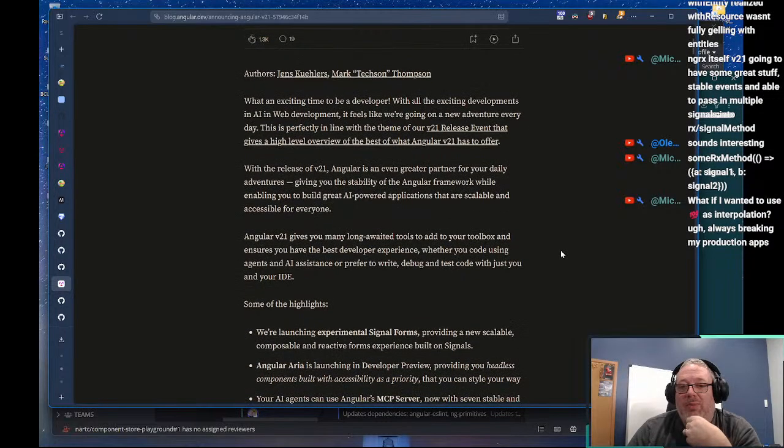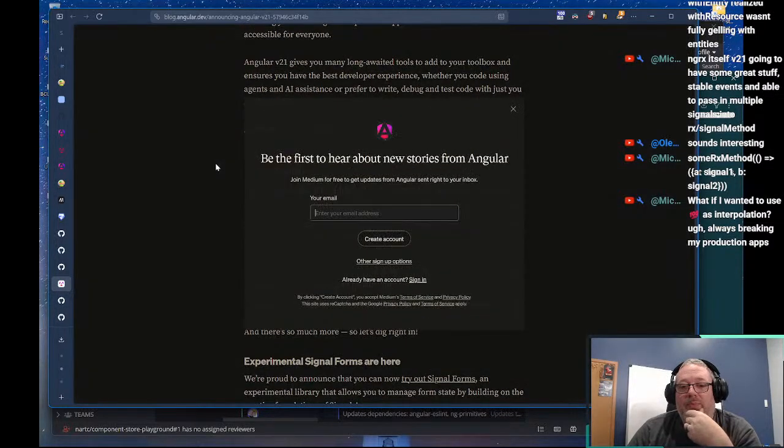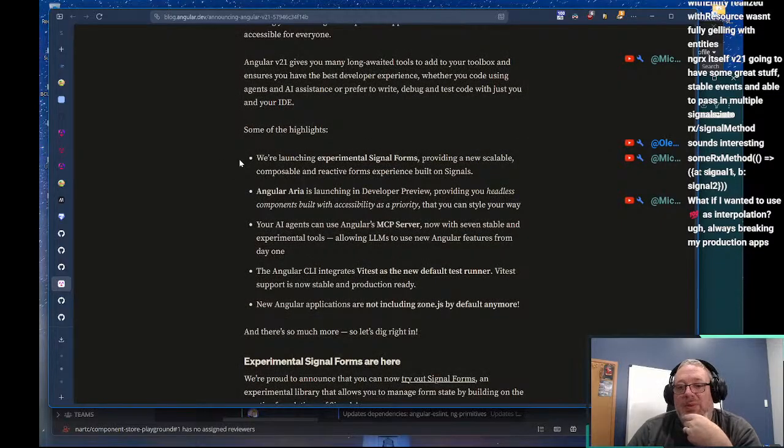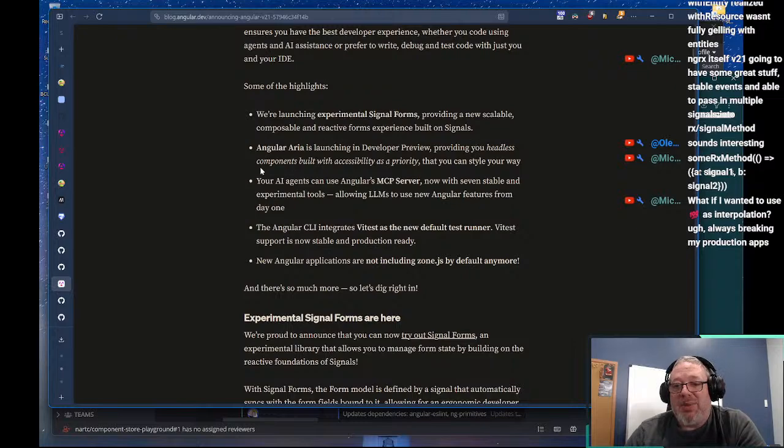So the v21 release event. Great. We're launching experimental signal forms. Yep. Angular Aria has been launched. Your AI agent can use Angular's MCP server.